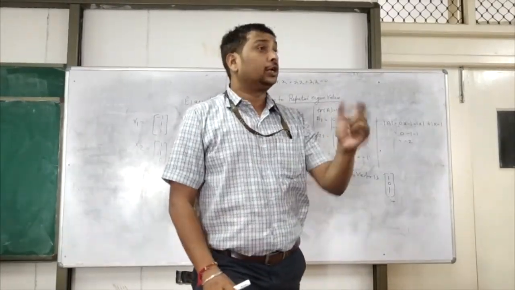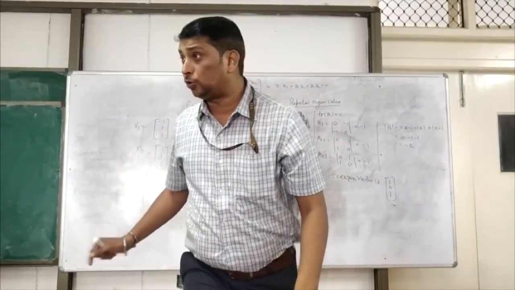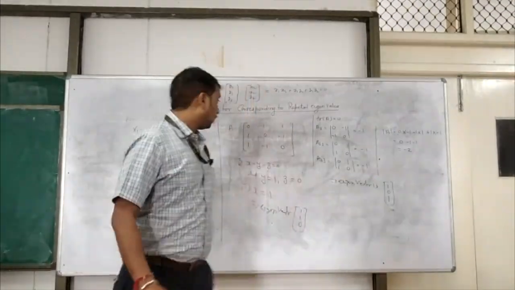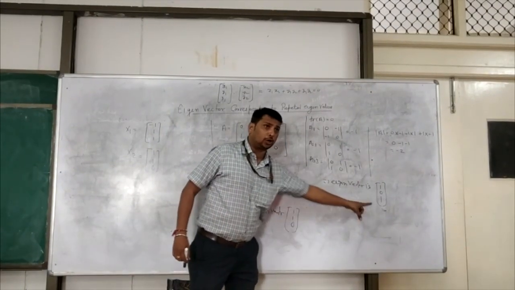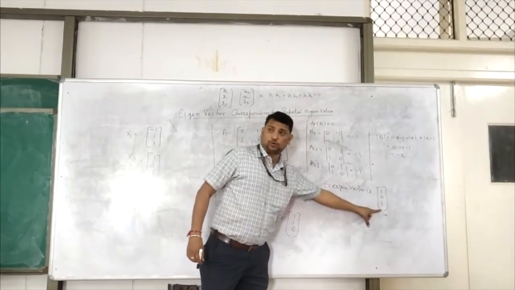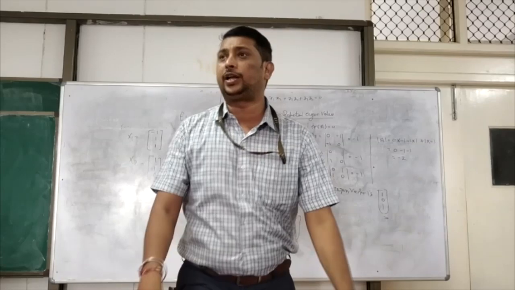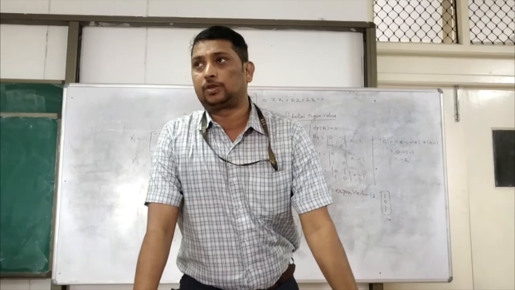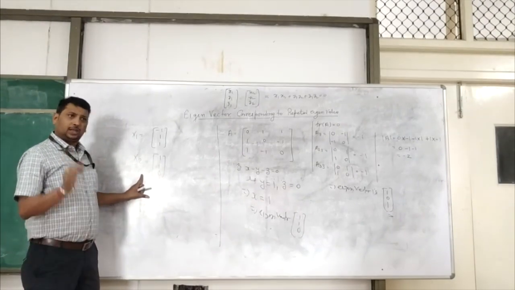Now our aim is to calculate the third one, which is orthogonal to these two. If you see the last one, are these two orthogonal? No, these two are not orthogonal. See, 1 into 1 is 1, 1 into 0 is 0, 0 into 1 is 0. What is the final value? 1. It's not orthogonal. So how do we calculate the vector which is orthogonal to x1 as well as x2? That is the main part.